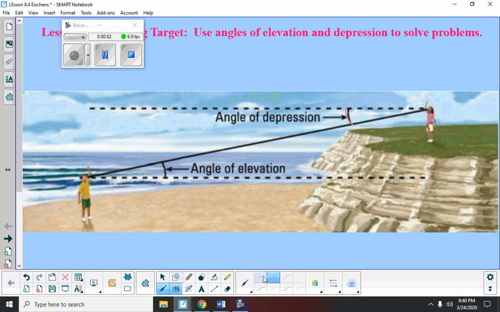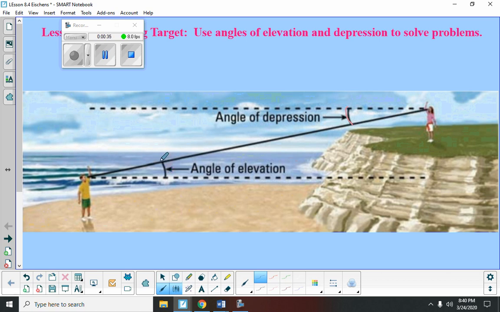Hey, welcome back. In this lesson, we're going to use angles of elevation and depression to solve problems. So what we need to understand here is an angle of elevation. If you're this person standing here looking at your friend up on the hill, if you look straight ahead, this would be the line straight ahead. This line is parallel with the ground, right? The number of degrees that you would turn your eyes up to spot the person is called the angle of